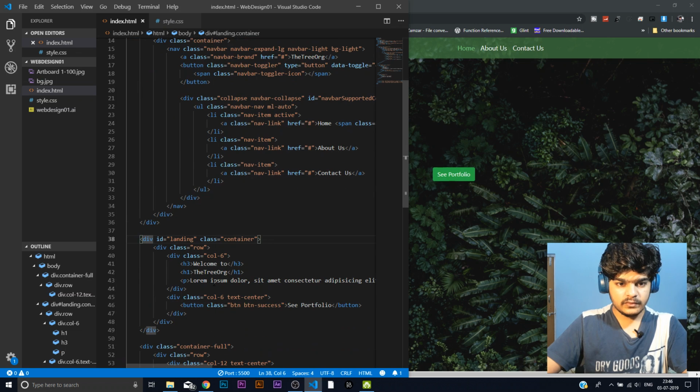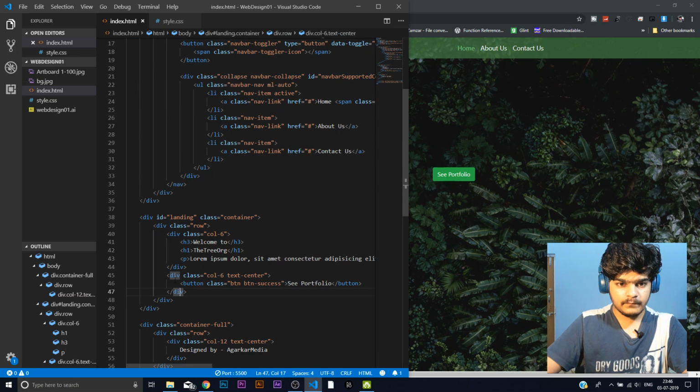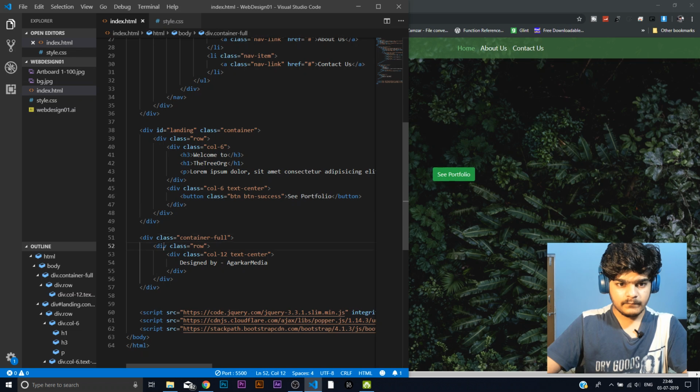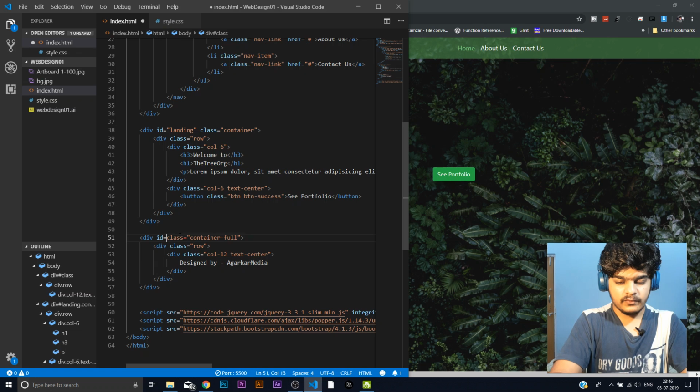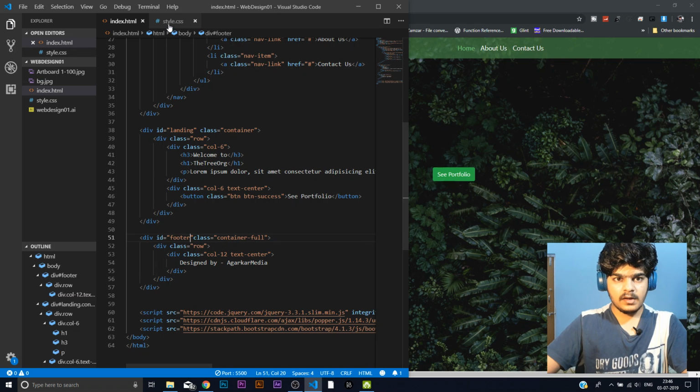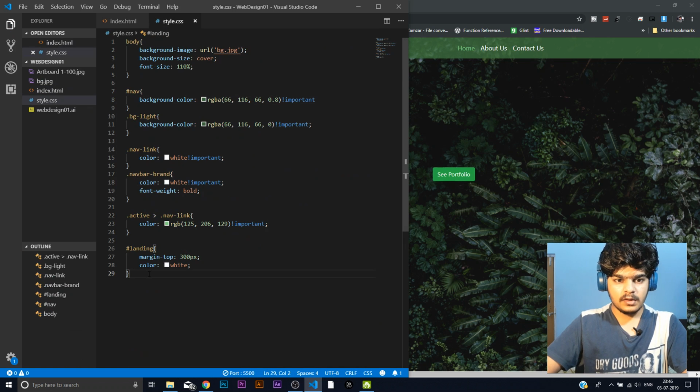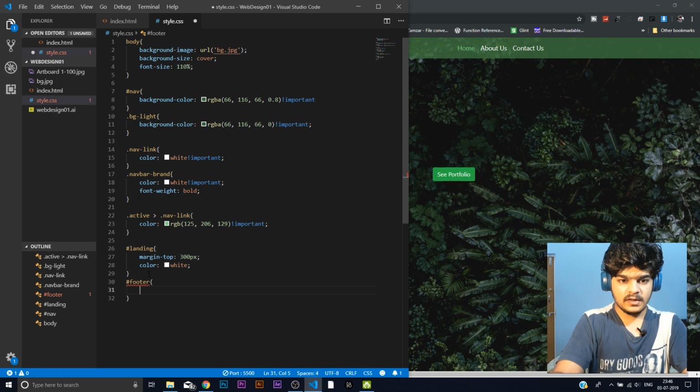What is wrong here? Nothing at all. So this one container, we are going to call it div id of footer, and we are going to hash footer, select it here,